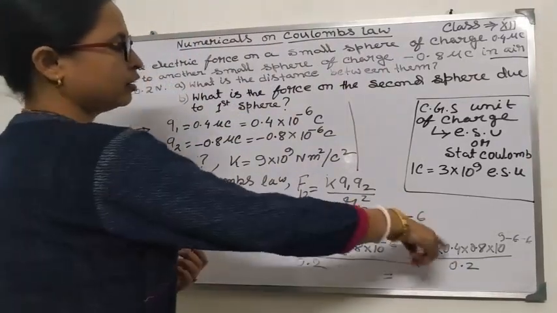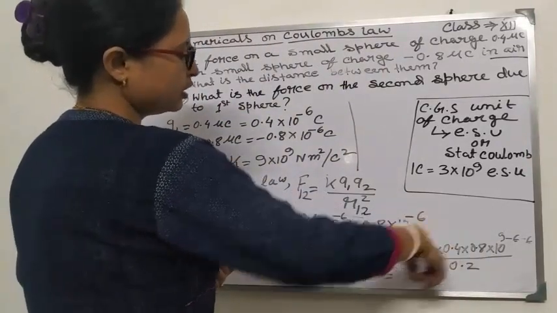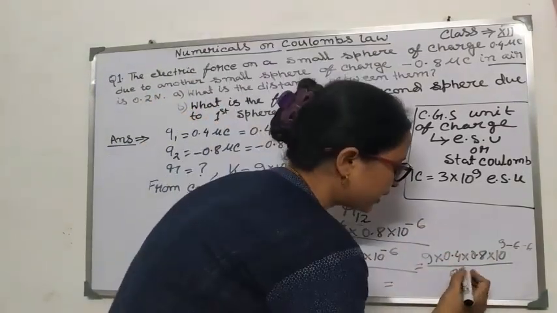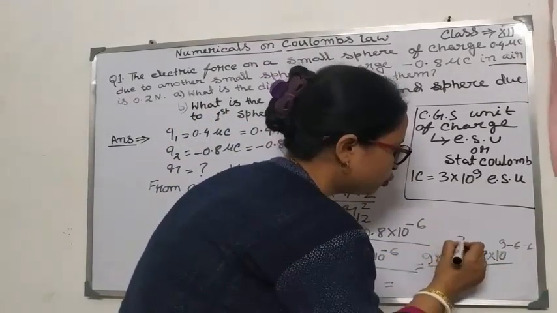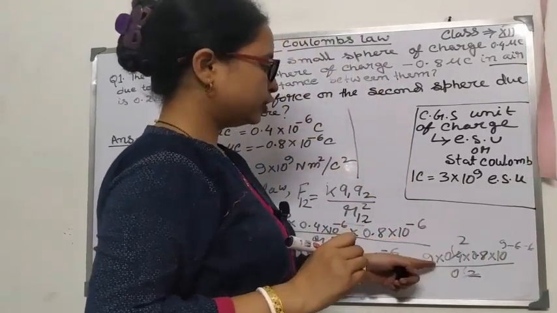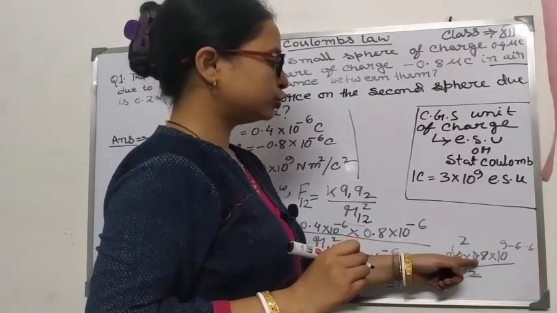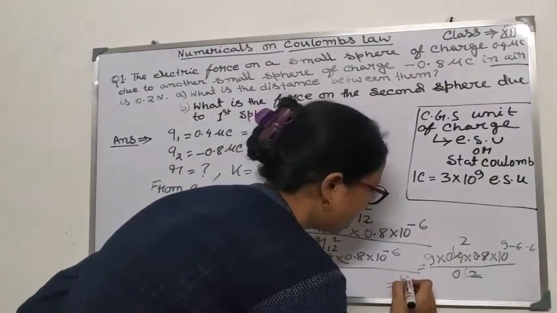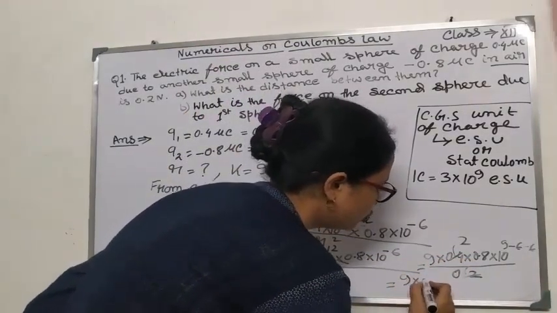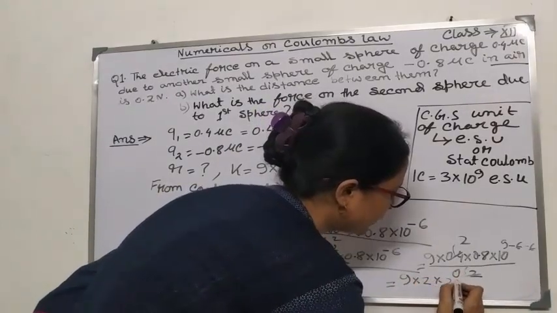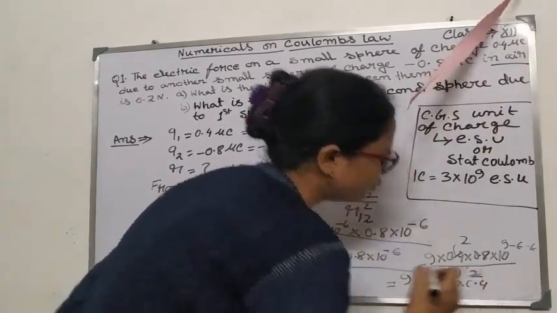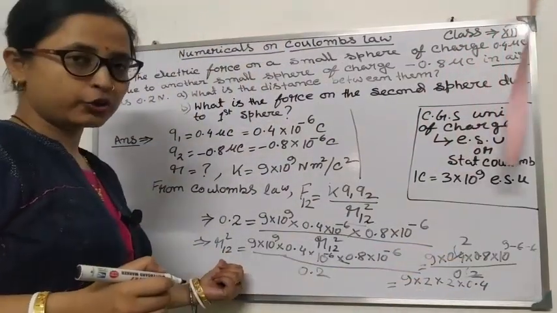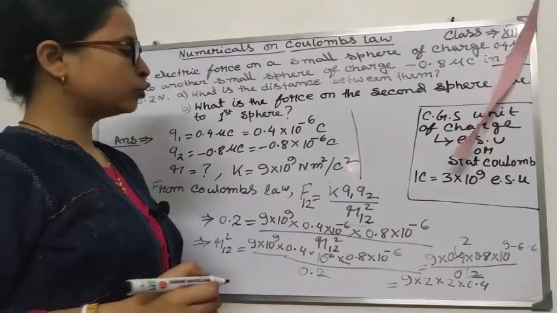Okay, if you do this multiplication and division, then the value will be, look here 0.2, here 0.4, so the point will be cancelled, then it will be 2. Now 9 into 18, 18 into 0.8. You can just write it like this, 9 into 2 into 2 into 0.4. Can you write like this for 0.8? Why am I doing it like this? Because there is a square now, so whenever we take the root, it will be easy for us.